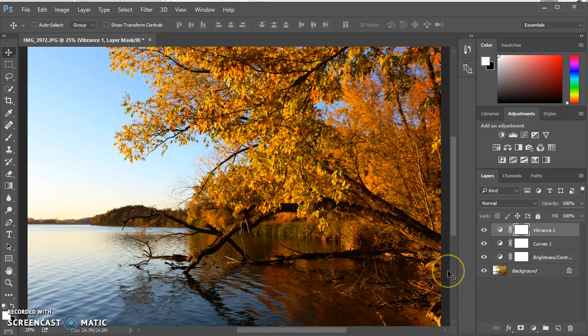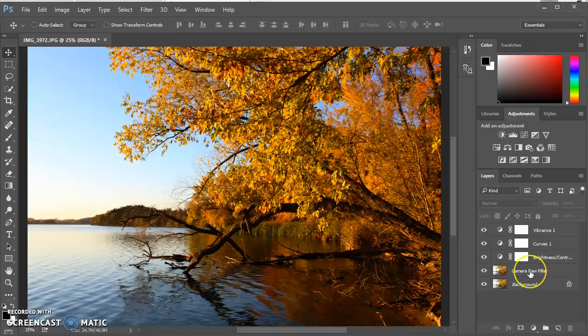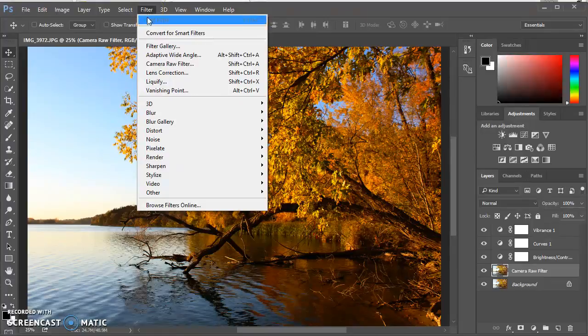So in order to use Camera Raw filter, the first thing you want to do is drag a copy of your background onto the New Layer button, and then rename that copy Camera Raw filter. You will do all of your changes in the Camera Raw filter on this layer so that you can take them away or add them back in, just like any other layer. So if you go up to Filter and you go down to Camera Raw filter,